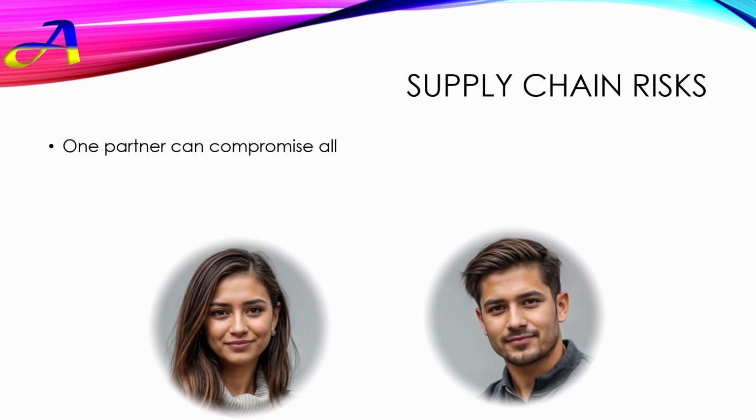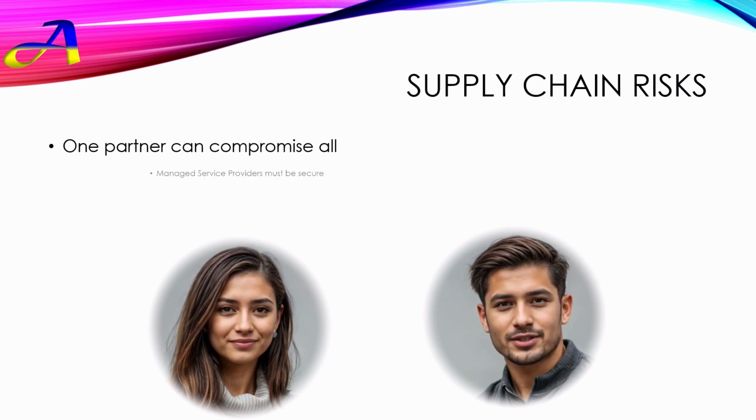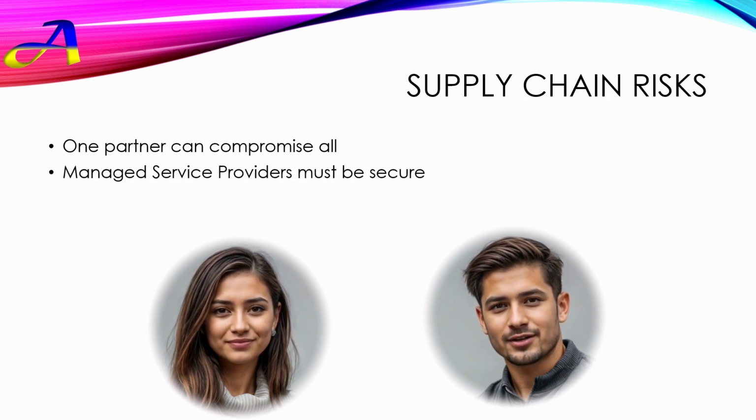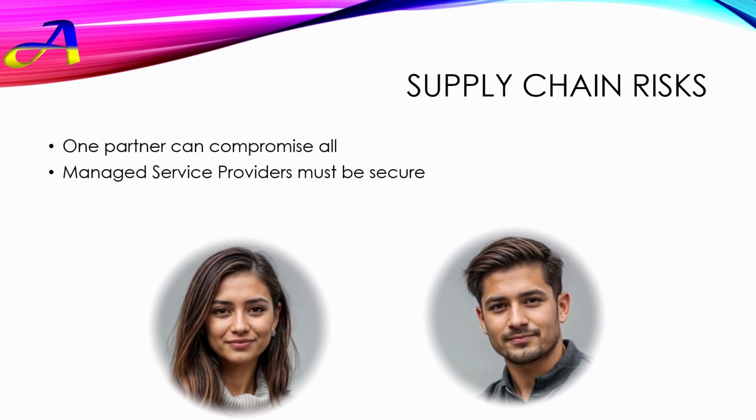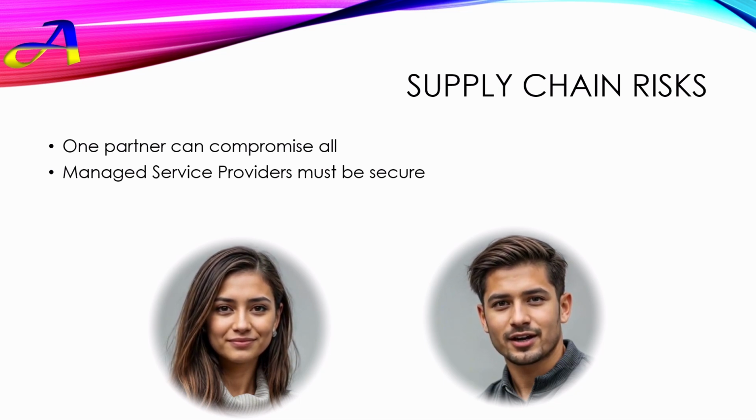Exactly. The source highlights a few key players in the supply chain and the unique risks they present. Managed service providers, or MSPs. MSPs. They're third-party companies that handle IT needs for other businesses. A single security breach at an MSP can have a cascading effect, impacting numerous clients simultaneously. That's why it's crucial for organizations to demand robust security standards from their MSPs, including regular audits and strict access controls. That makes a lot of sense.